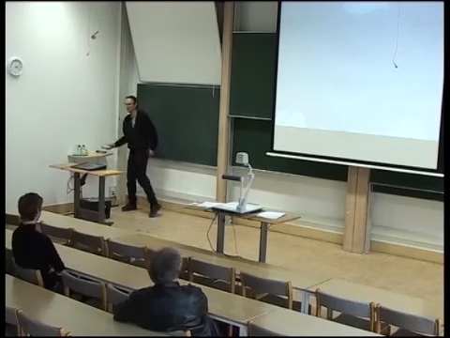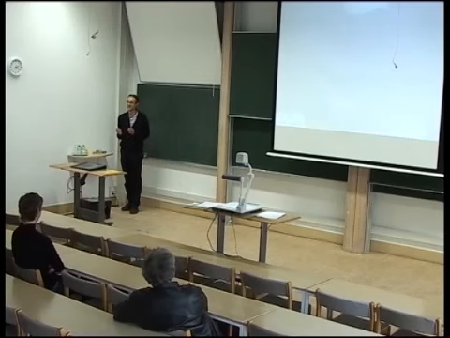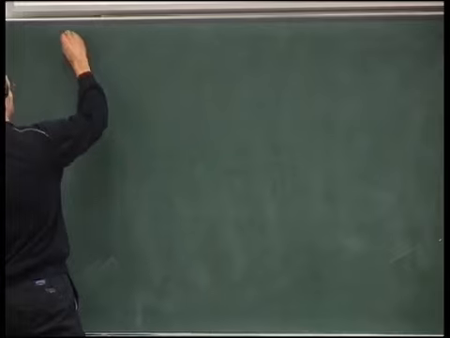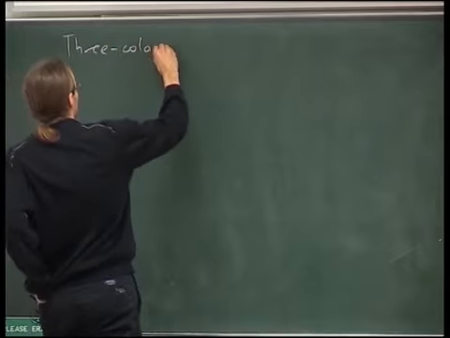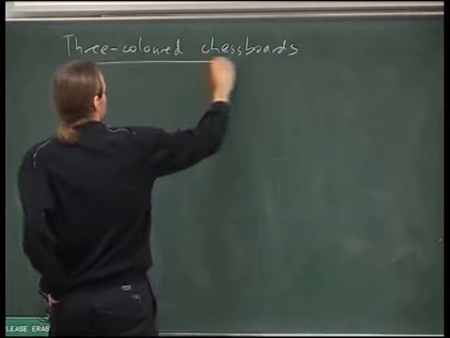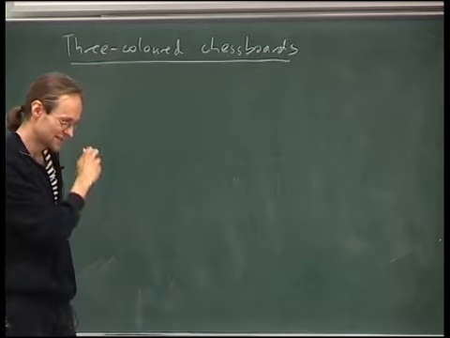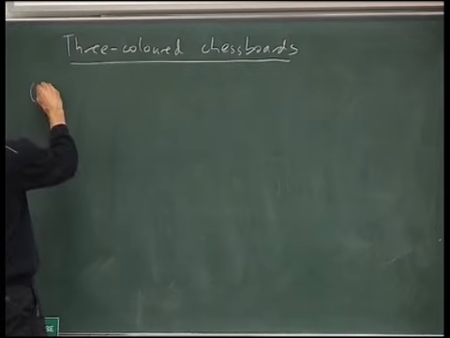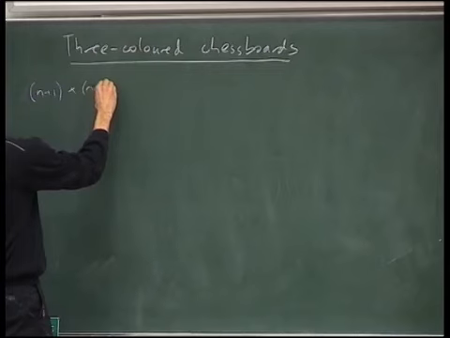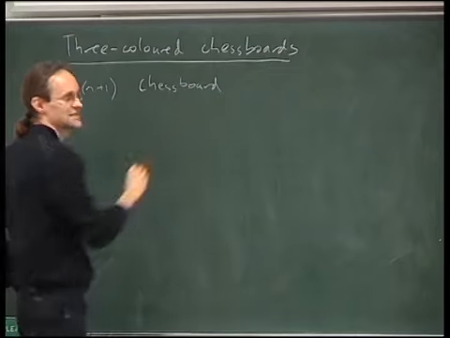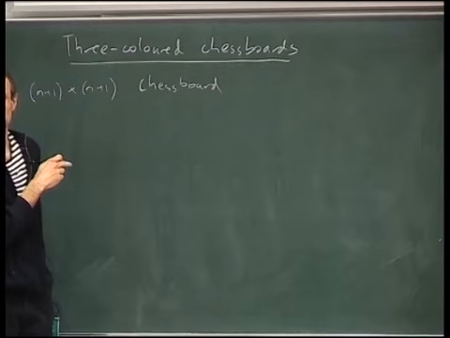And it turns out that the combinatorics should really be described in terms of these things that I call three-colored chessboards. So let me say what that means. This is something purely combinatorial, really easy to understand. Let's look at a chessboard of size n plus 1 times n plus 1. n does not have to be 7 here. It could be anything.